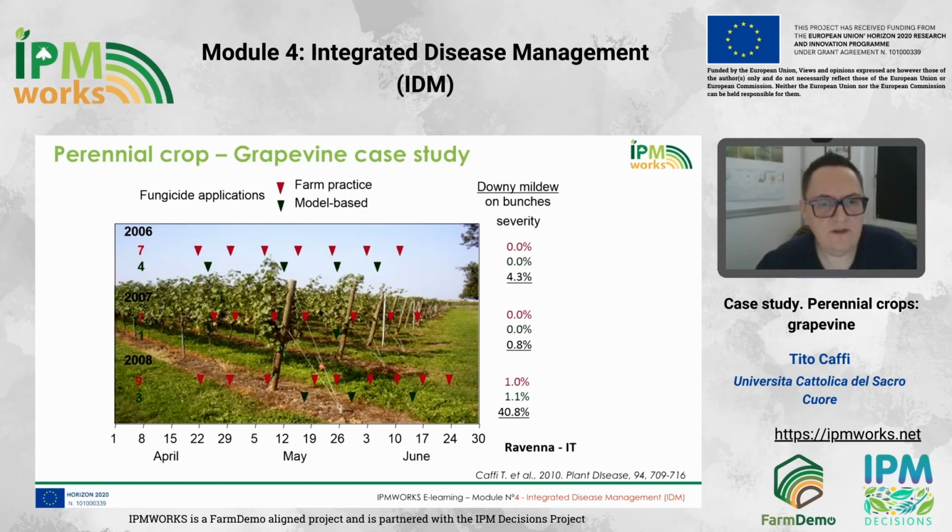You can see very different situations, from the quite total absence of disease in one year, to a very low disease severity, to a very huge disease severity. You can see that the farm practice is more or less similar even if we change the year, if we change the season, because the tendency is to